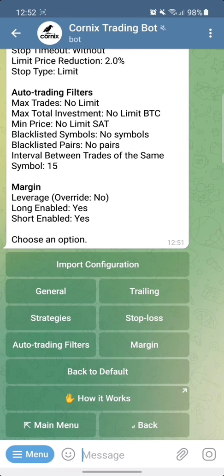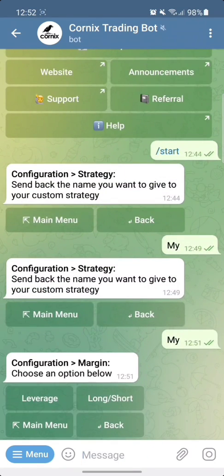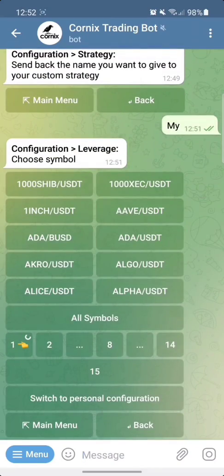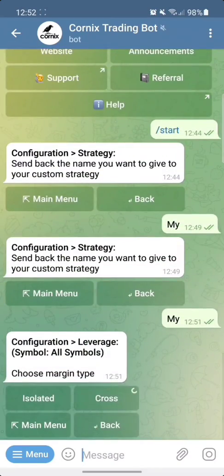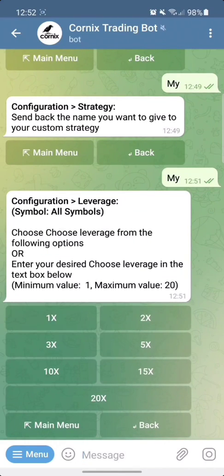Another thing we need to set is margin. Under margin, go to leverage, click on leverage. There's a lag. Yeah, click on all symbols, then choose cross, and then choose your specified leverage, or whatever leverage you want to take by default for your trades.